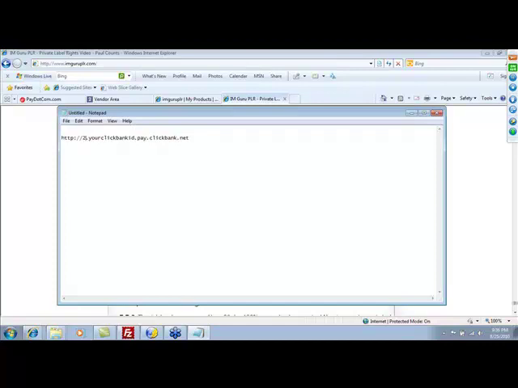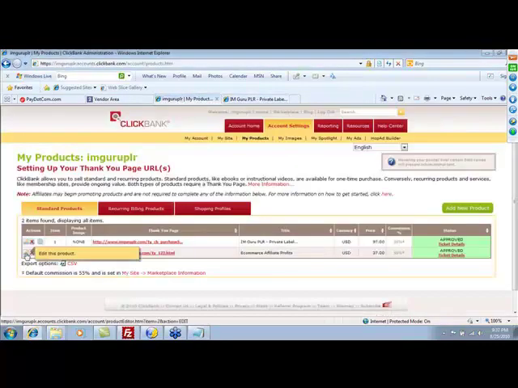So if it was product number 2, that's what you would put in there. If it was product number 1, which is going to be your first product, that's what you would put right in there for your link. So all your links are going to be structured very, very similar. So for this example, you're going to have your product number, which, as you remember, when we were inside ClickBank here and creating this particular product here,